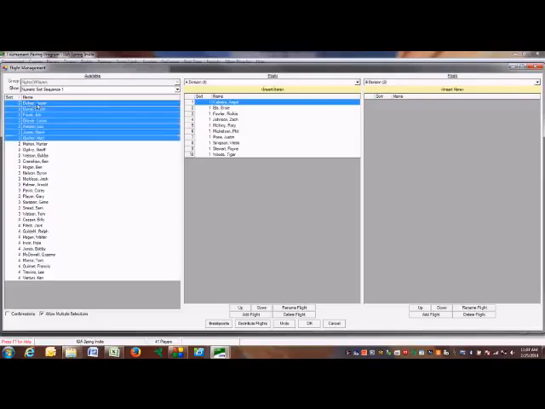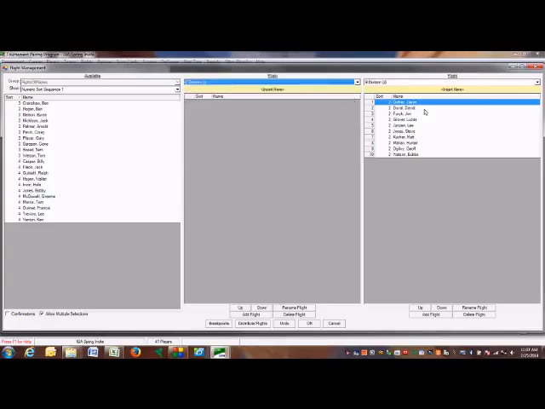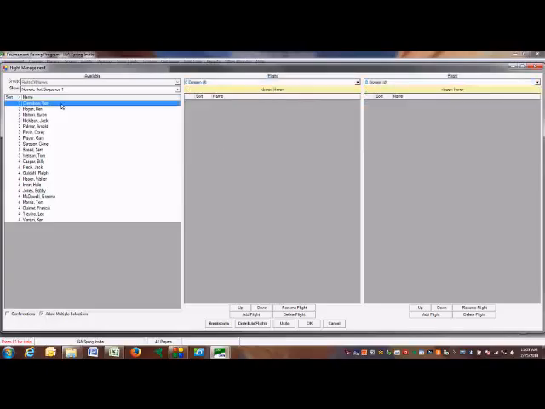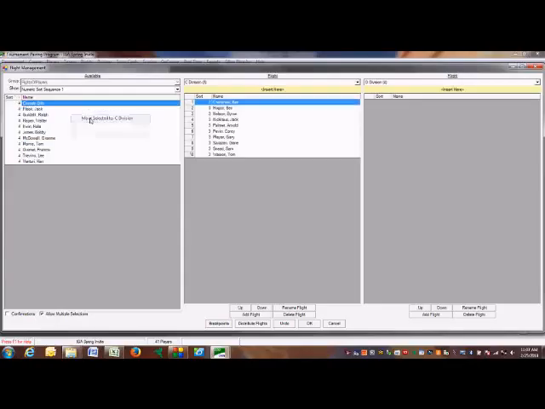I'm going to select all the 2s, move them to the B division. And then we're done with the A and B division, so let's bring the C and D division to the front and move our 3s to the C, and finally our 4s